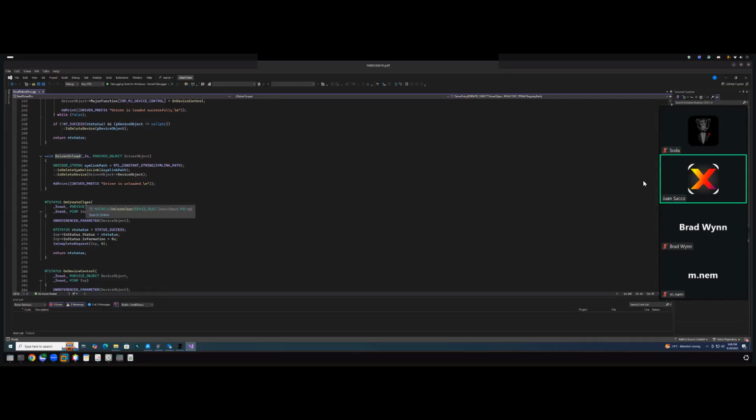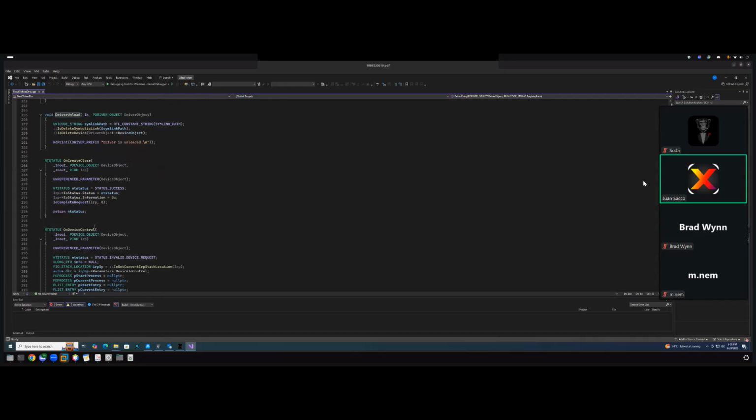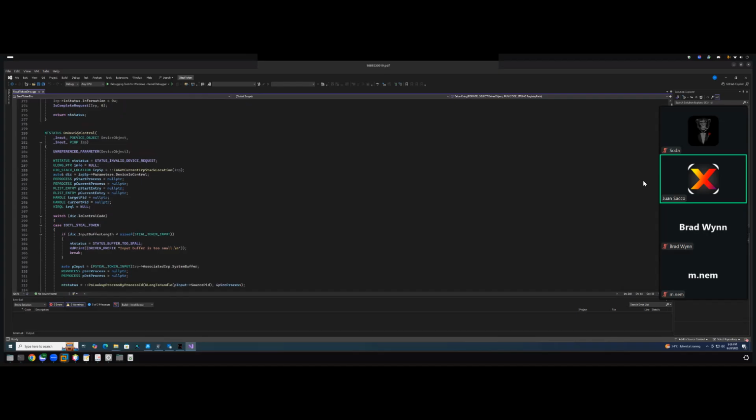And then we have driver unload, create close, I should say. The main function for this is gonna be on device control. That is the function that is gonna be used to write stuff from the driver into the kernel. So again, it's gonna be setting the PIO_STACK_LOCATION, IRP, so it gets it, and then it starts to use two